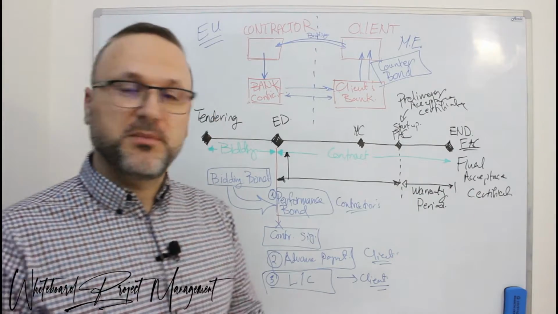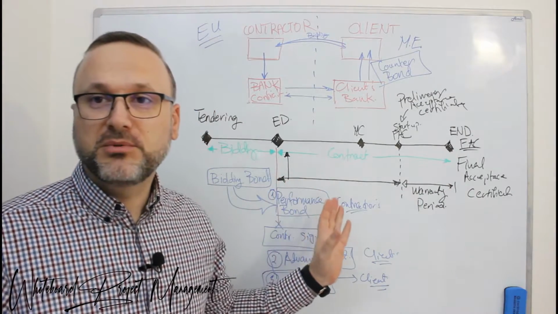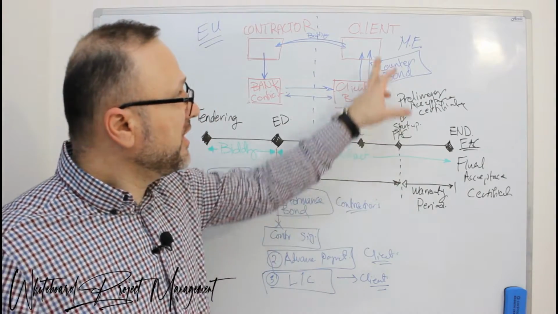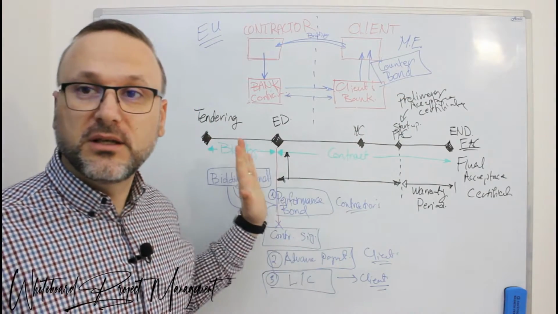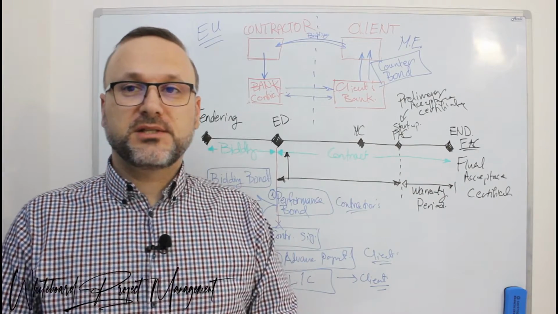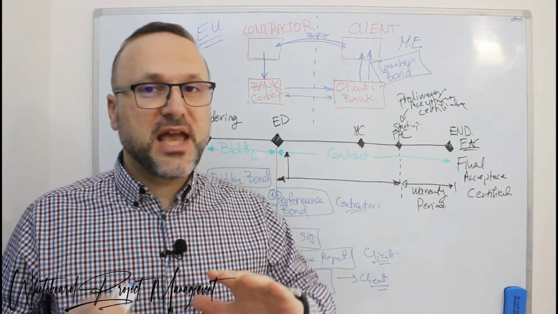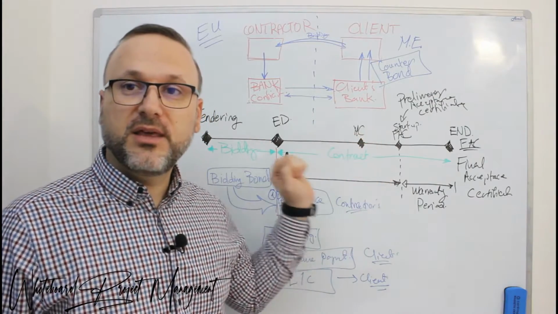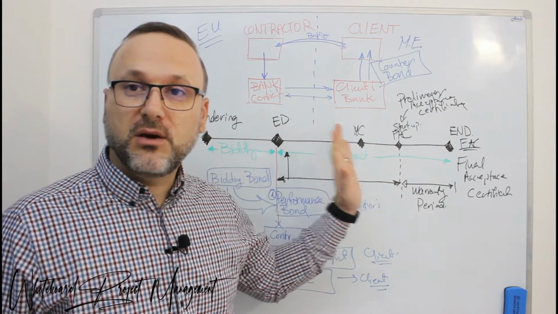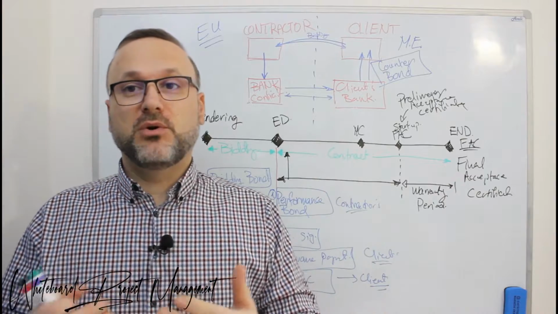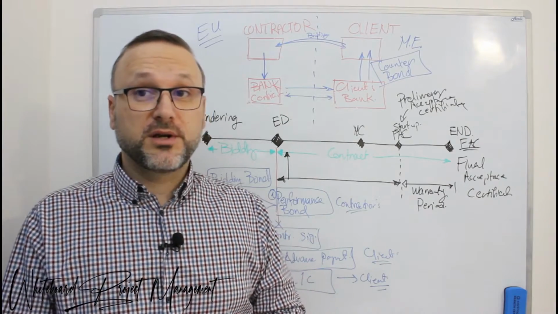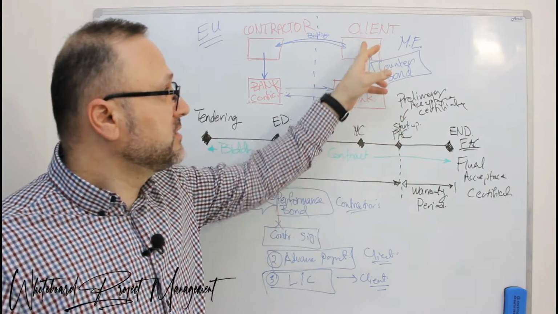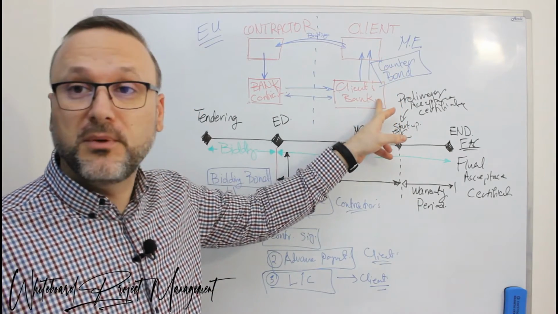What is the performance bond for? The performance bond is an insurance to the client that once the contractor is starting the work, if there is any problem that occurred during the execution of the work and the contractor is not able anymore to complete the work, then the client can claim this stop of work